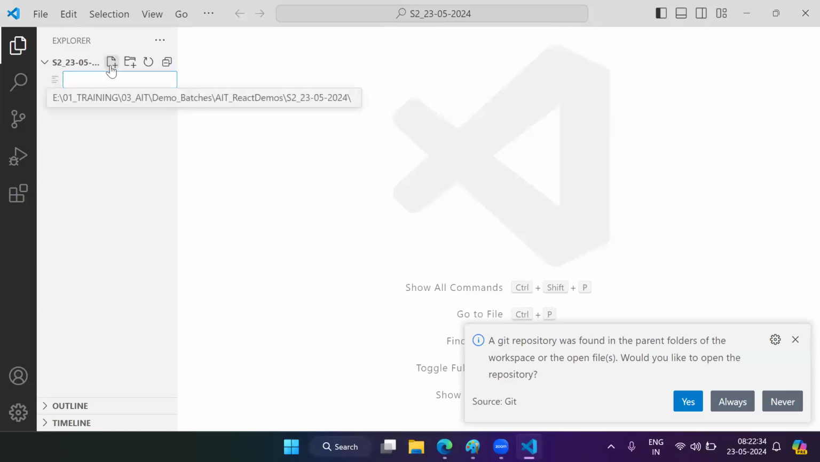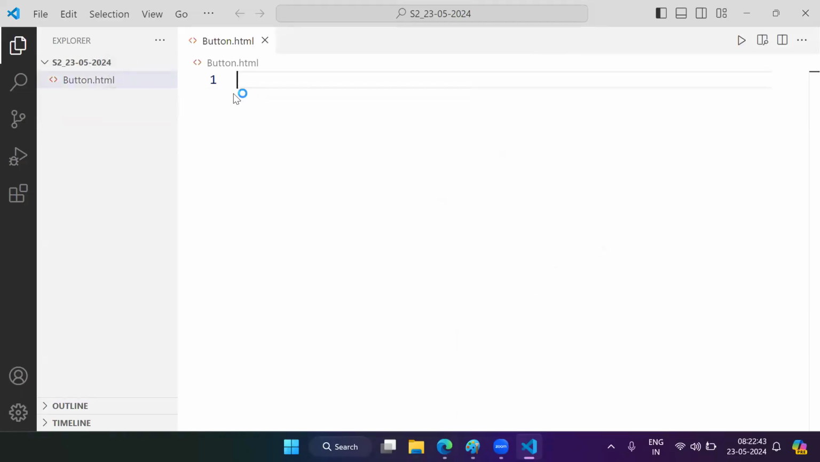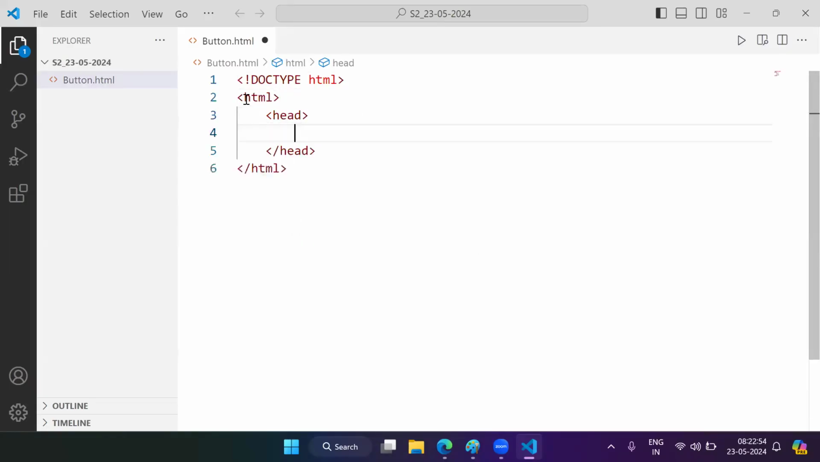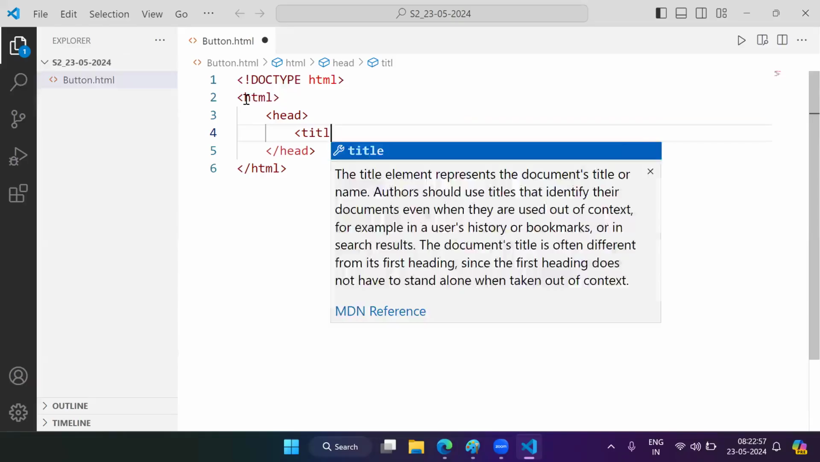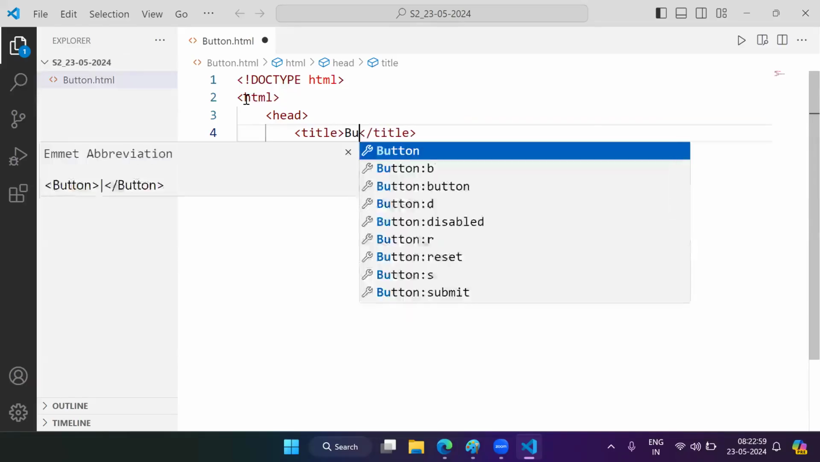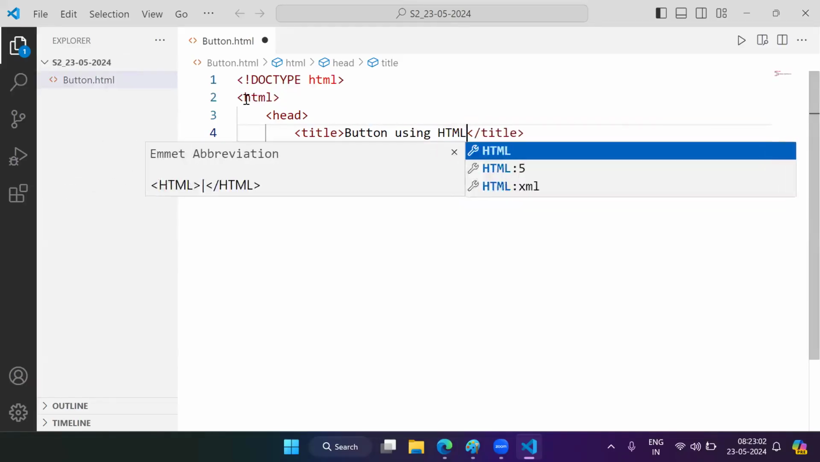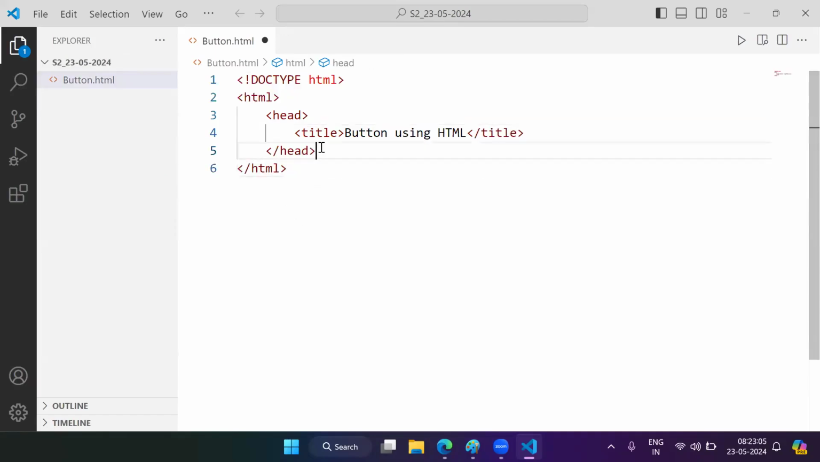For that, we create one HTML file. Everybody knows how to create an HTML file, no need to explain all this. I have created one HTML file, and in that I am adding my basic HTML code. I started with the html tag, then the head section, and inside it I take one title and say button using HTML. Then I take one body, and here let me add one h2 saying button